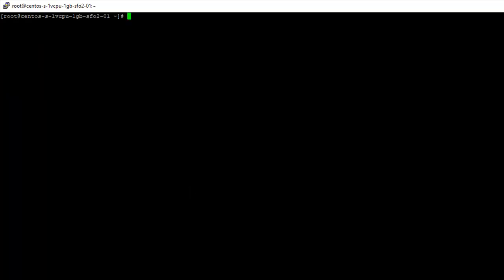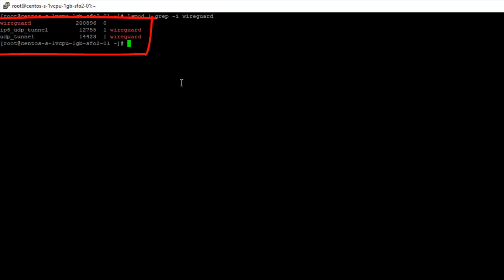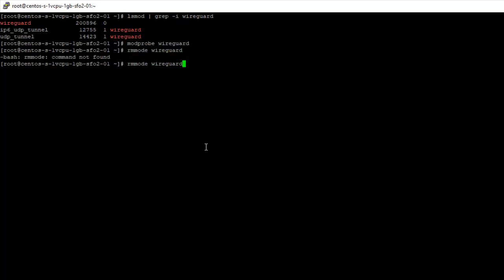Let me now clear the screen. Also, I just thought that when we did the lsmod, because the module was not loaded, we didn't see WireGuard, right? When we issued the ip link add command, the kernel module got loaded, so we should be able to see the WireGuard module now. So as you can see here, the WireGuard module is now loaded. You could have just done modprobe wireguard after that. All right, you could also do rmmod wireguard to remove that. So lsmod, rmmod,